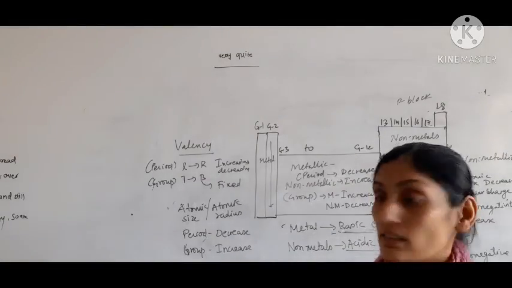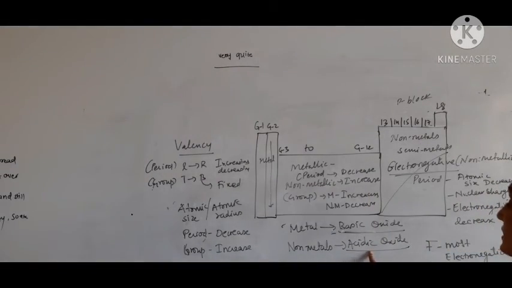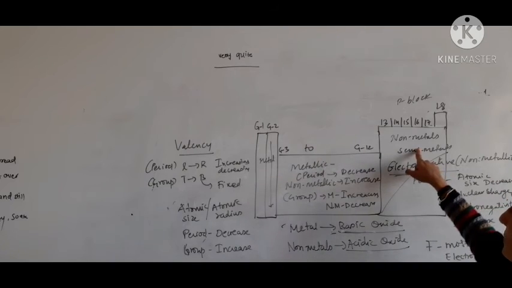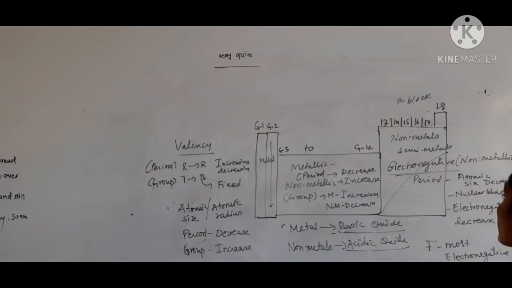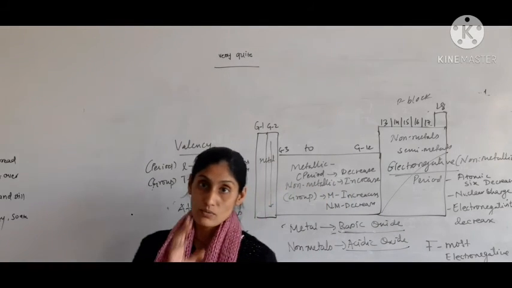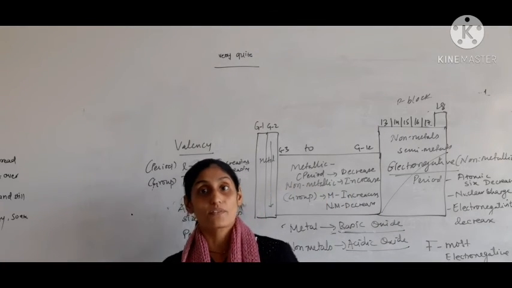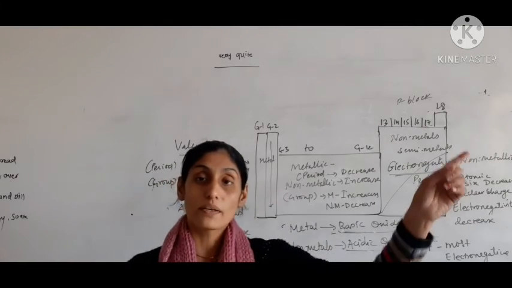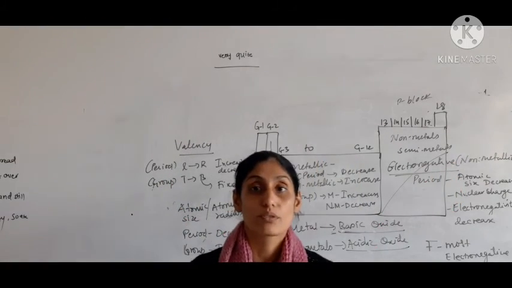Non-metallic acidic character it is going to be there, increasing when we are moving left to right in the periodic table. Down the group it is decreasing. Electronegativity is the last point, where it is a tendency of the atom to just attract the shared pair of electron. So along the period it is increasing, and down the group it is going to be decrease.